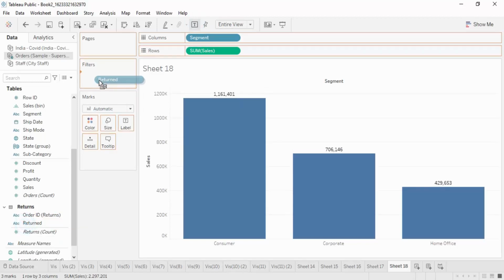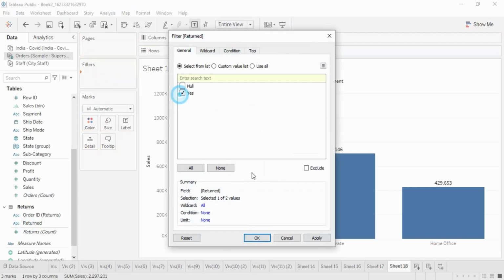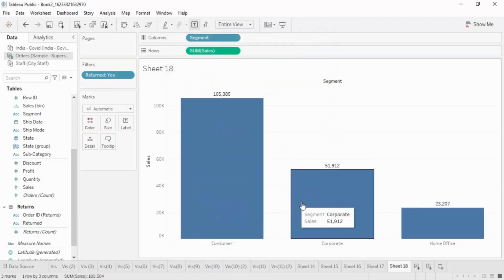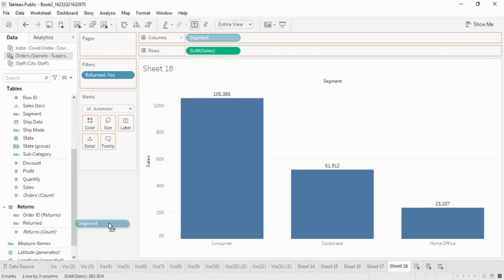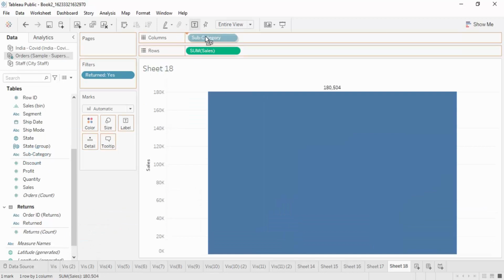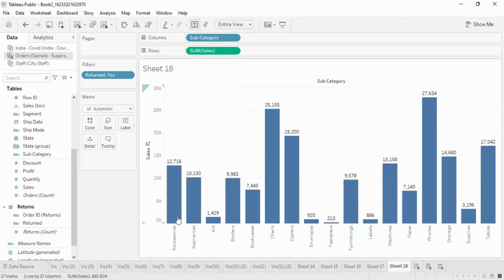However, if I apply the return into the filters, so that only those were returned, this is the amount of the total sales, segment by sales, that was returned. If you want to just like this find out the subcategory by sales that was returned, the amount, you can just get it over here, and this would give you the whole amount out of it.